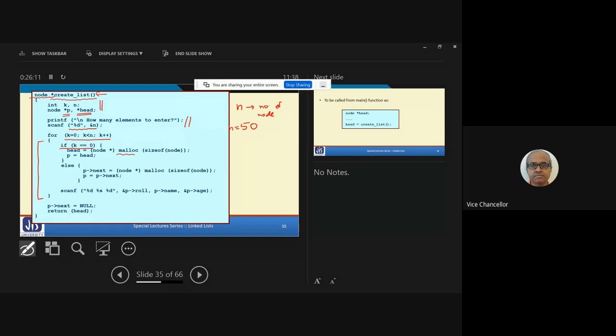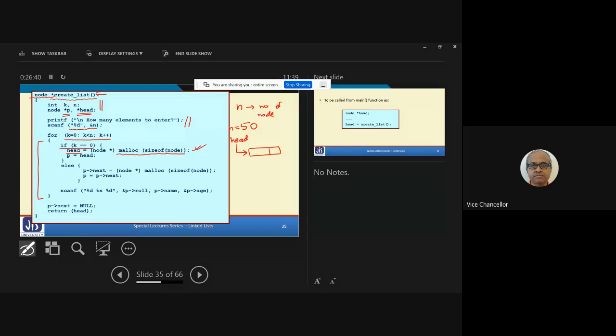We are allocating space for a node, and we are assigning it to head. So the pointer variable head will be pointing to this. This is what this line is doing.